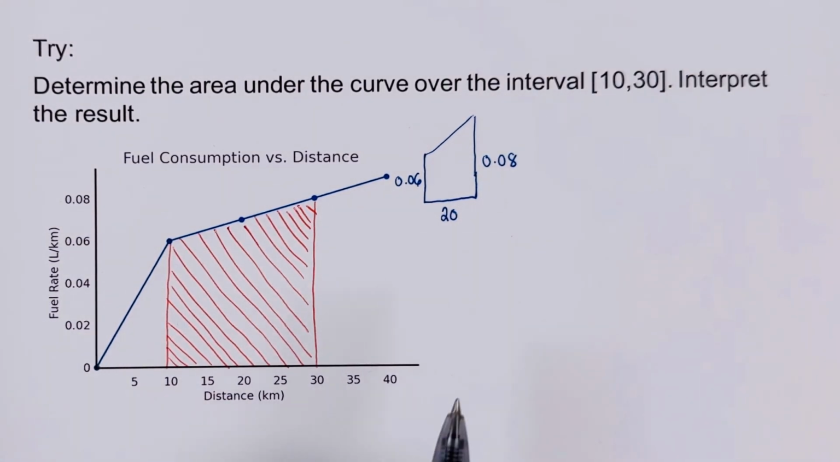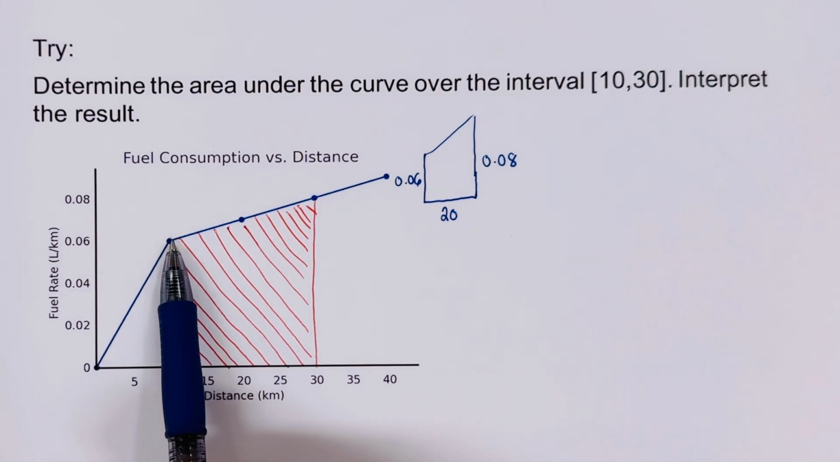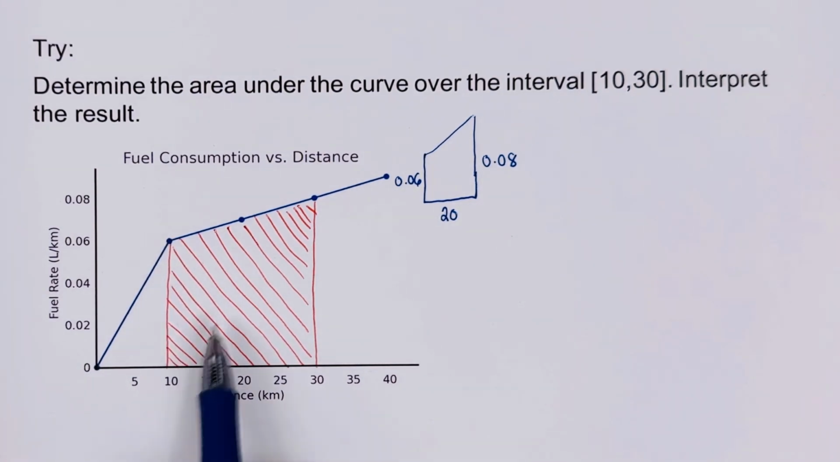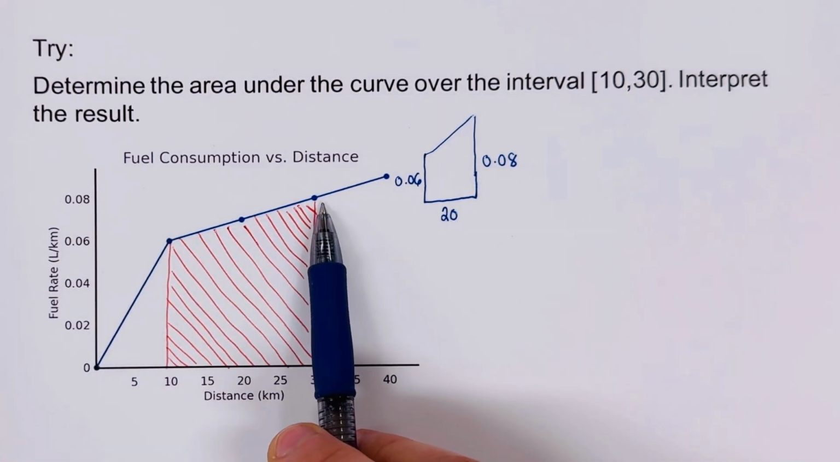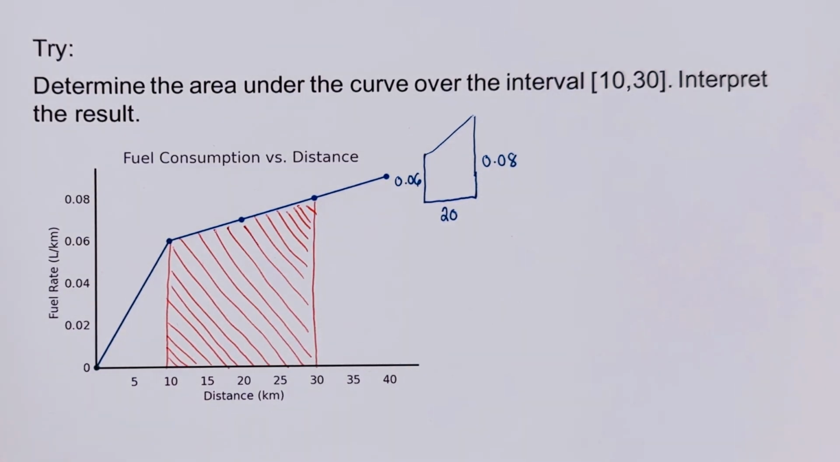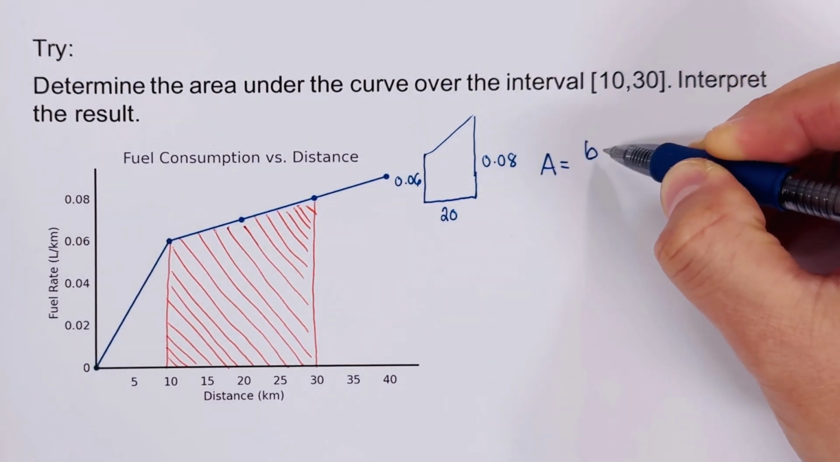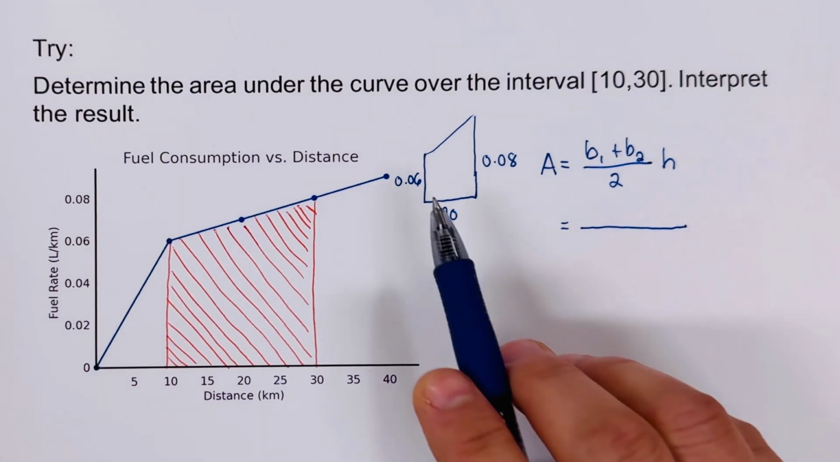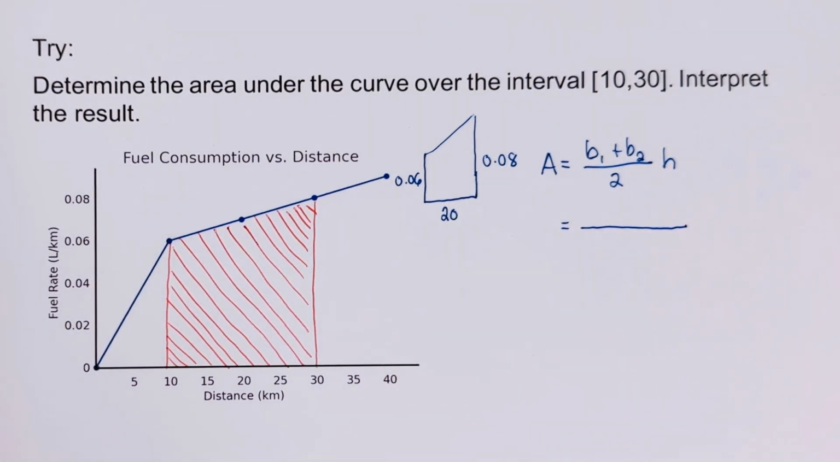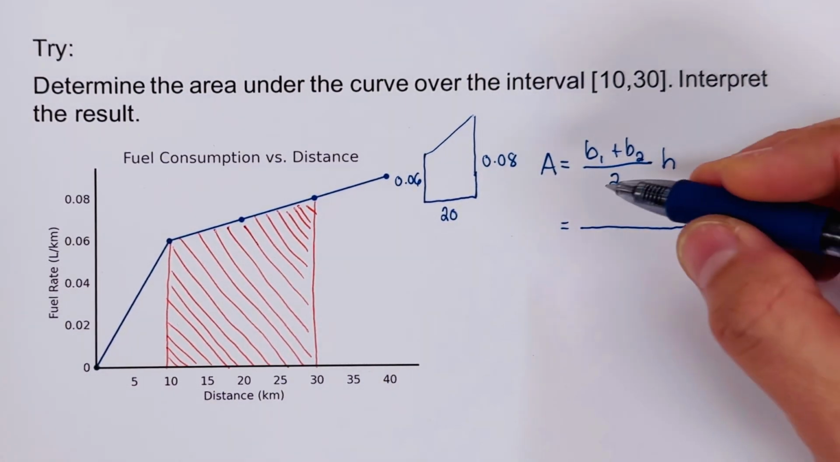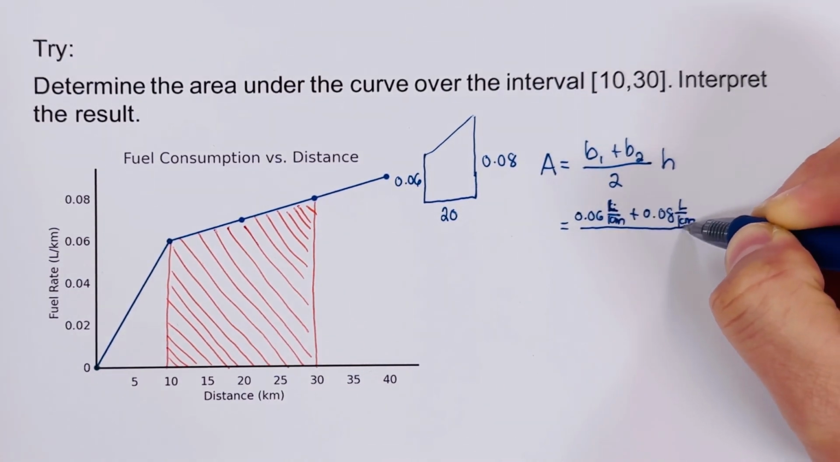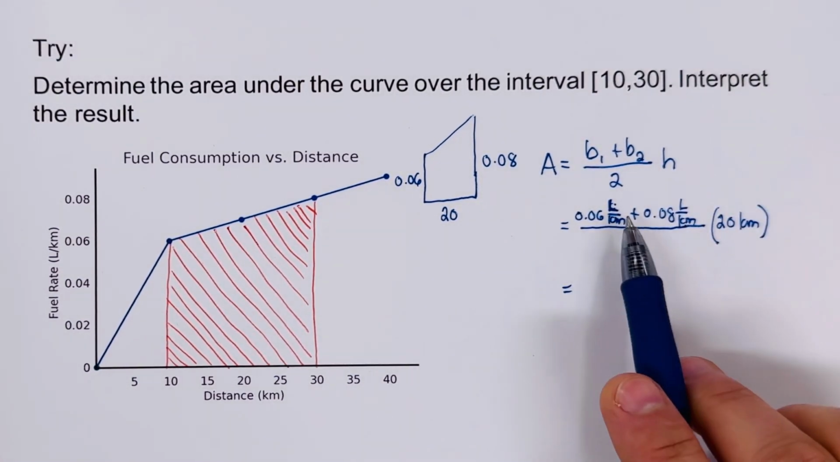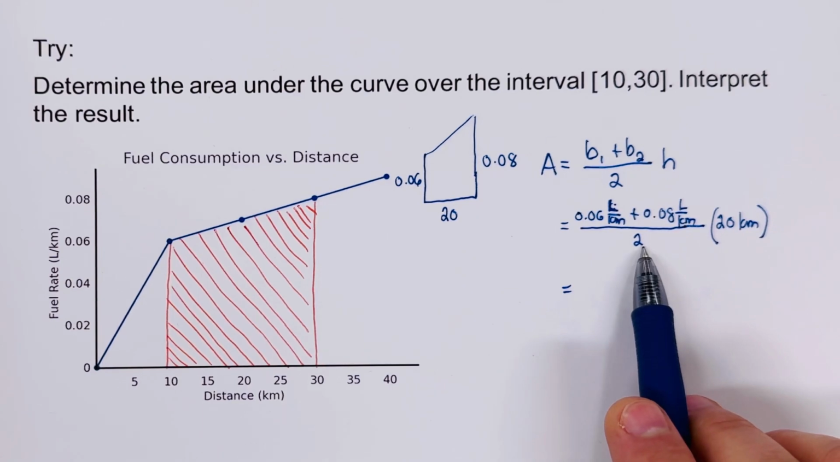The measure of the trapezoid here is we got a 20. And then the other base here is 0.06. Well, the other base is 0.08. So I'm going to go ahead and determine the area for this trapezoid. The two bases of this trapezoid are 0.06 and 0.08. So I'm just going to go ahead and write that up here. Adding these two together and dividing it by 2 would come out